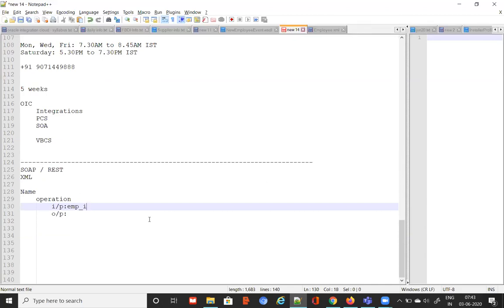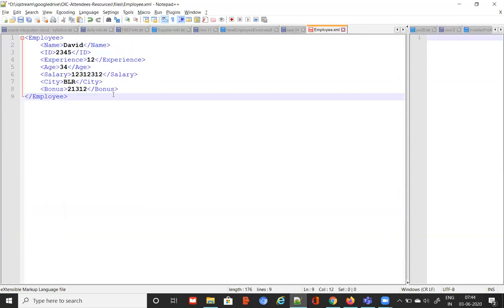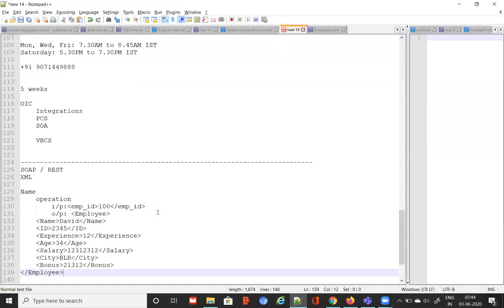I have to mention that this is going to accept an XML document which may contain something like this, right? So the input will be coming like this. Now, how do you say that my data type will be like this? The same thing with the output, which may be something like this. I'm going to send employee details as the output. So you have to mention somewhere that my web service operation will take an input of this kind and an output of this structure.